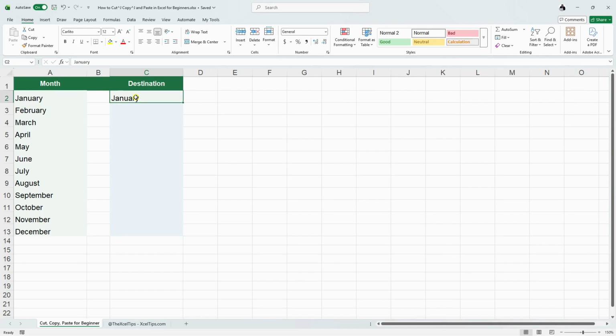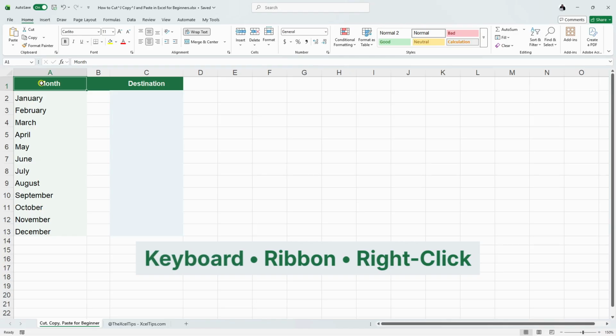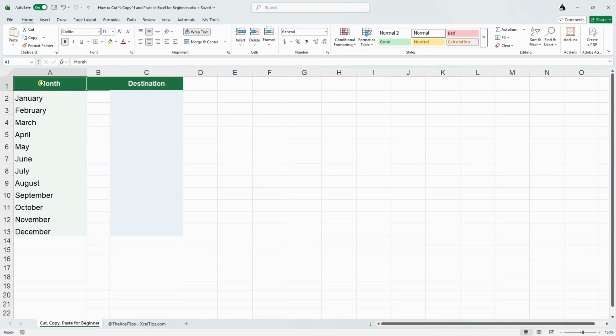Excel temporarily holds the cut or copied information on the clipboard until you paste it. You will learn how to cut and copy using keyboard shortcuts, the Excel ribbon, and the right-click menu. We will also paste between worksheets, work with larger ranges, rows, and columns, and cover the mistakes that cause most